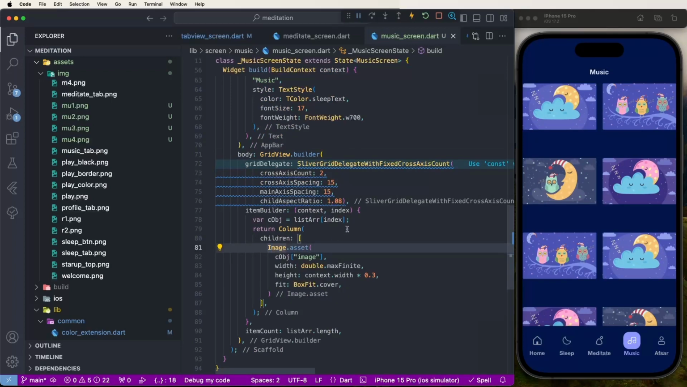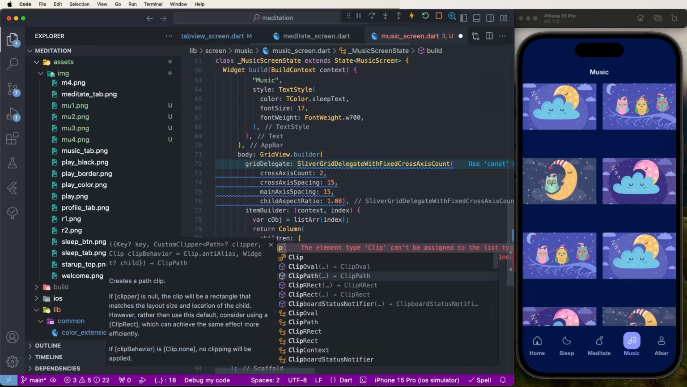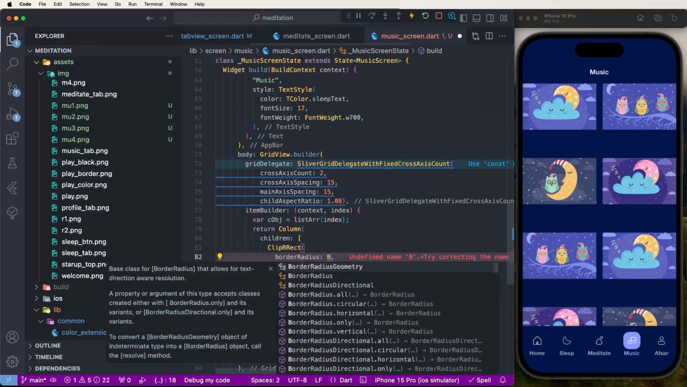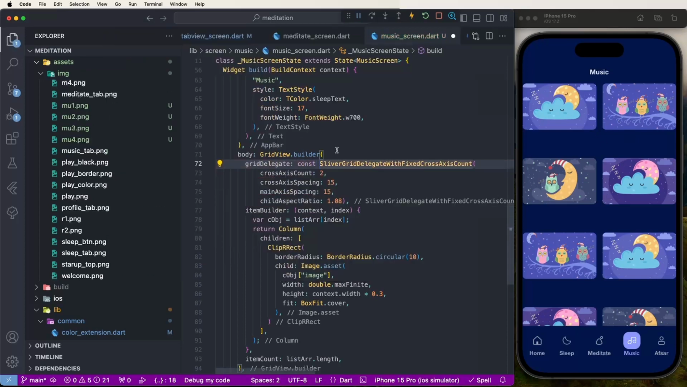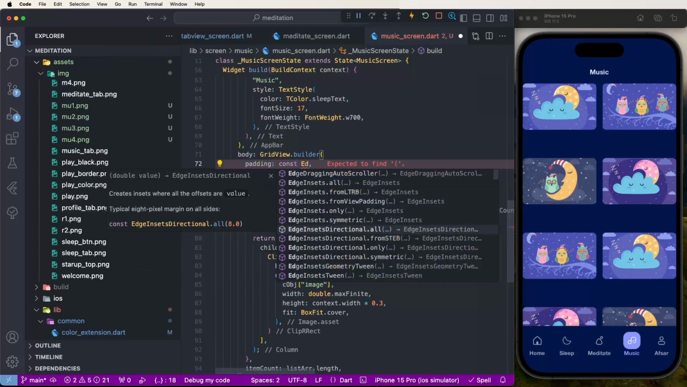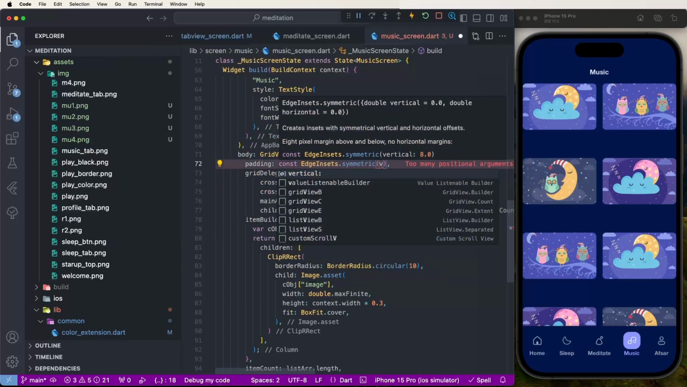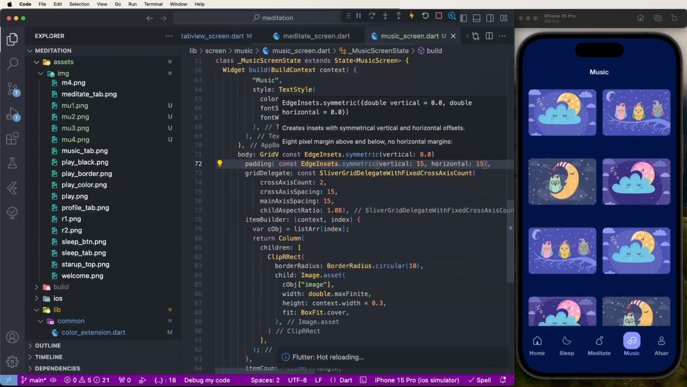Now we need to create the ClipRRect. We need to set here. And now we need to set the border radius. We need to set BorderRadius.circular and set the corner radius given, and set the const value. And now we need to set the padding. const EdgeInsets.symmetric, and give the vertical 15 and horizontal also give 15 and save this. Similar to show the image, and now we need to set the title and subtitle